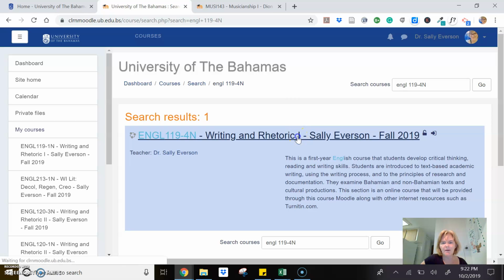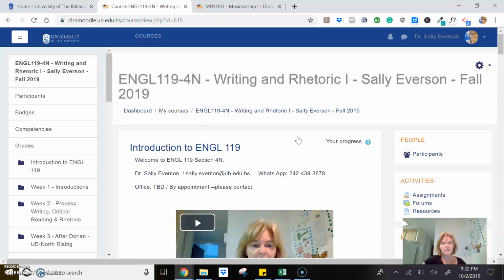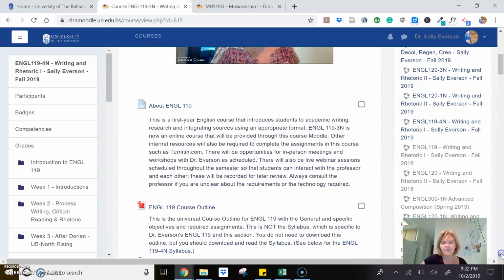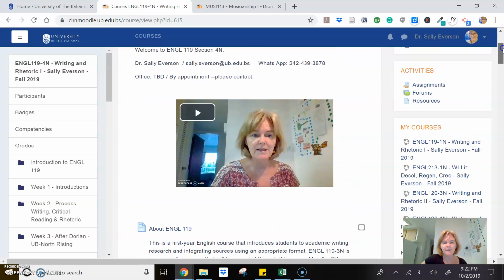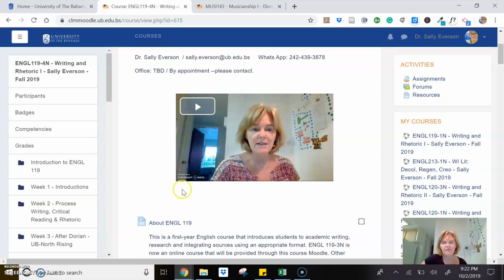Of course, I'm already a member of our course, so when you click on the title of the course, it will bring you to our course Moodle. Now, the course Moodle is organized by weeks, and we completed in class week 1 and week 2. So I have repeated the materials. If you look through the Moodle, you'll see here that we have a little introductory video, some information, how to